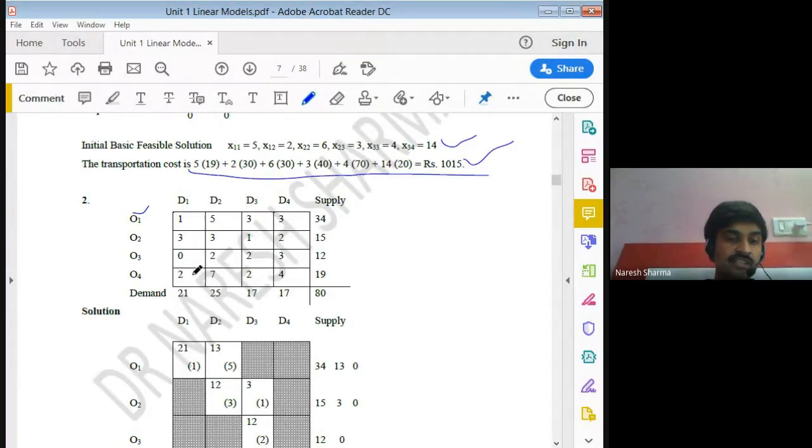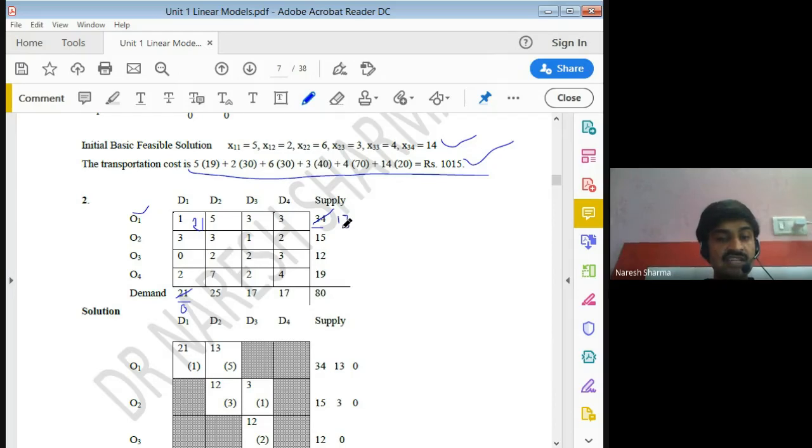So in a balanced problem, you need to check what your demand is here. If you see demand and supply, the minimum value, demand is minimum: demand is 21, the factory has capacity 34 units. So it means he can send only 21 units to this. So we can send 21 units to this. That means its demand is fulfilled and converted into 0, and its capacity decreases by 21 units. So we just subtract 21 from this, then we are left with 13 here.